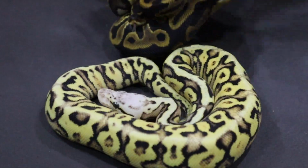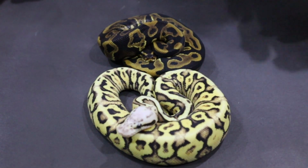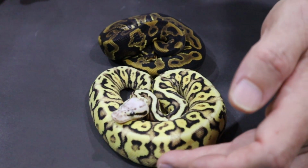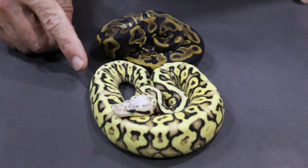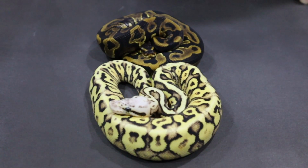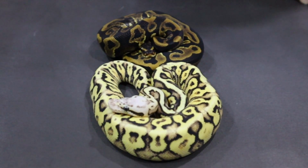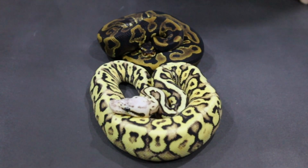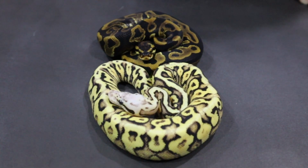So enter the other half of the deal. This is a leopard het for clown, and obviously the project has a long way to go yet. This is the male, this is the female spot nose combo, and the male, but that is the ticket for the Batman. So I did swap this male leopard het for clown for some of clutch number 2, the spot nose het for clown. So ARP Constrictors now has exactly the same project,